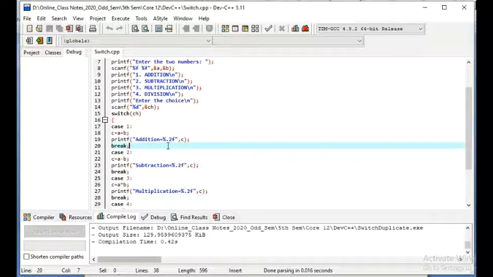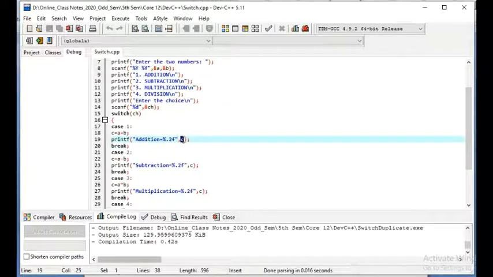That means it will take 2 decimal places, and whatever value is in the integer part will be displayed. We did not specify any number of spaces to display the digits. So addition %.2f, C. C means the addition of A plus B will be displayed here.